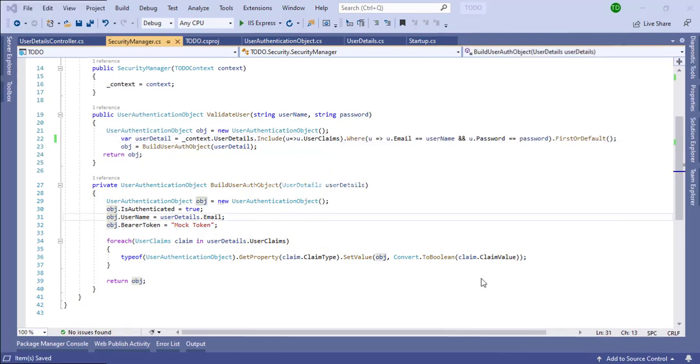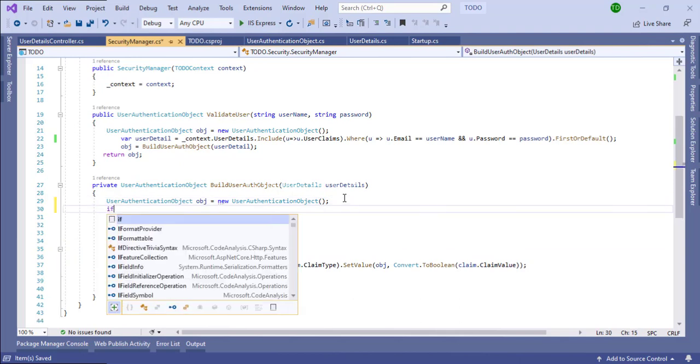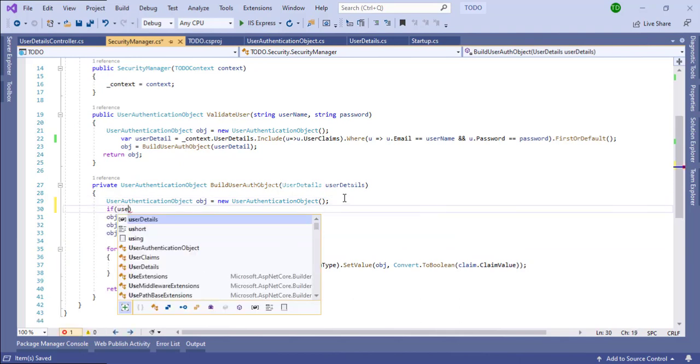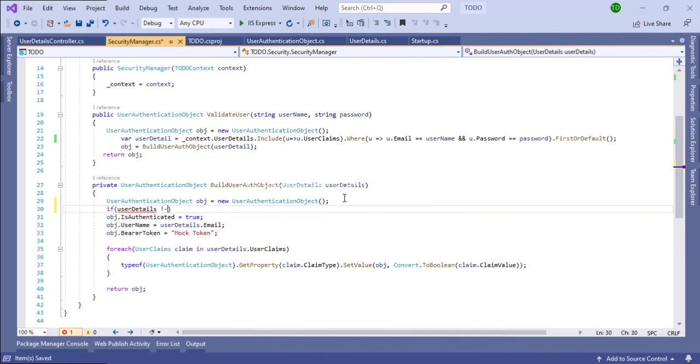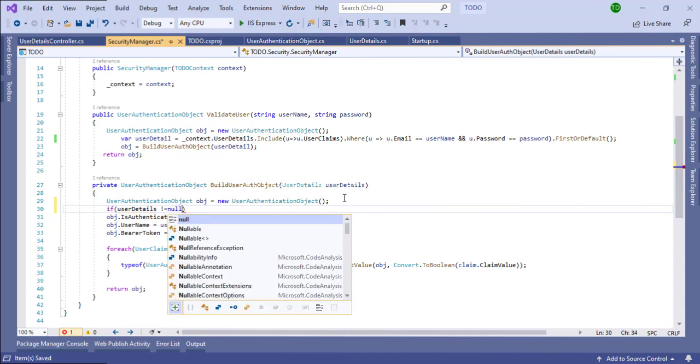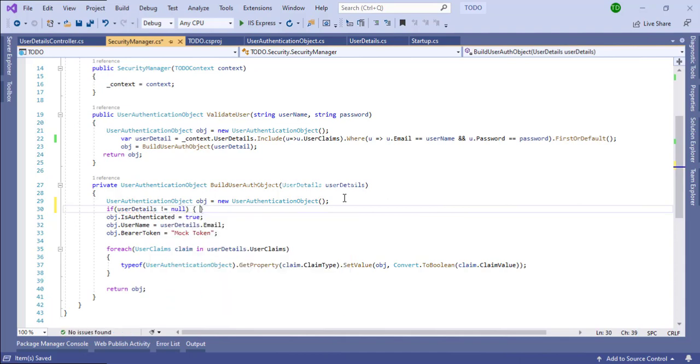user claims. And also we need to check if we are having values in user details or not. In case of invalid username or password, it will come null. So we can keep a condition here: if user details not equals to null, then only we are going to set all this.